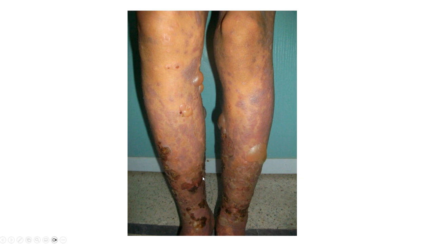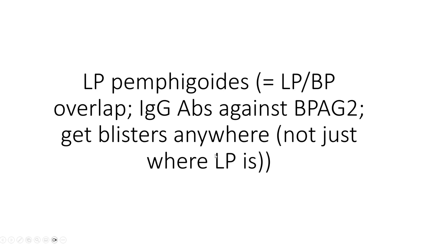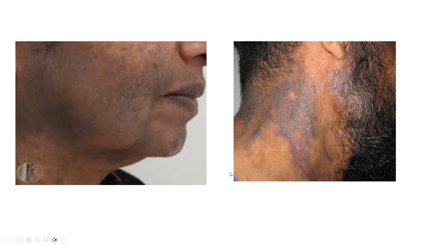Here's your bullous lichen planus, lichen planus pemphigoides, aka bullous pemphigoid in lichen planus. The key here is you get these lichenoid papules and plaques, which tells you it's LP, but then you get blisters within the lesions and also outside of the lesion. So this is lichen planus pemphigoides, which is BP and LP, because of the reasons we already discussed. This is lichen planus pigmentosus. I've seen a few cases of this, which is a pigmented, often reticulated form of lichen planus that can occur